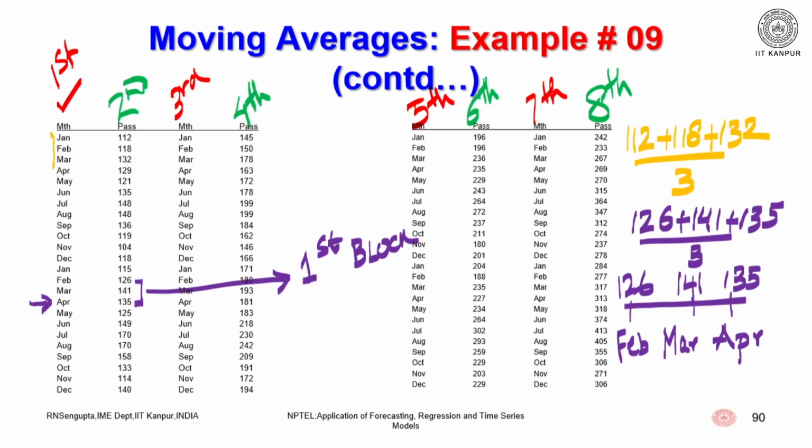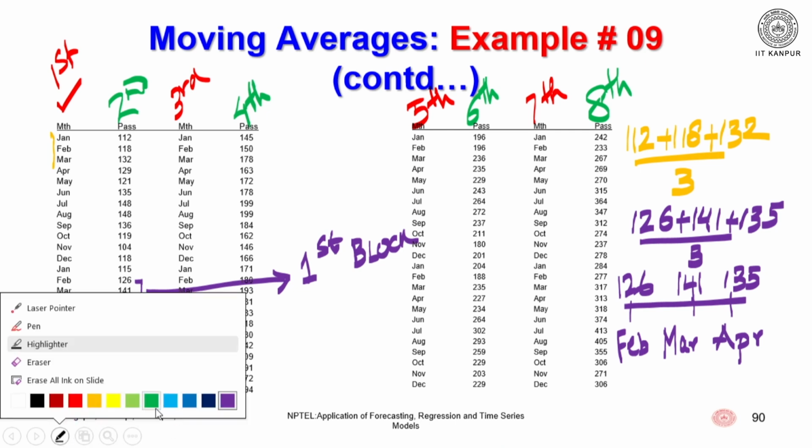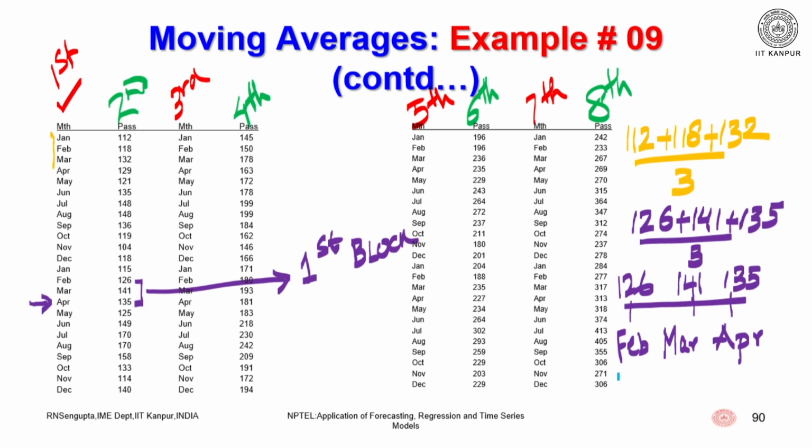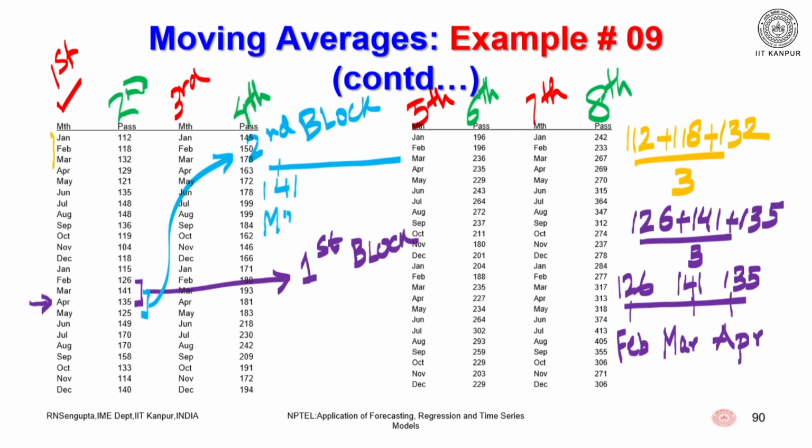Now, I shift the block right hand side by 1 unit. I will use a different color, for example, the blue one. Now, the block is like this. So, the block is now 141, 135 and 125. That means now April month is in the middle. So, the second block would be like this. The month of 141 is March,